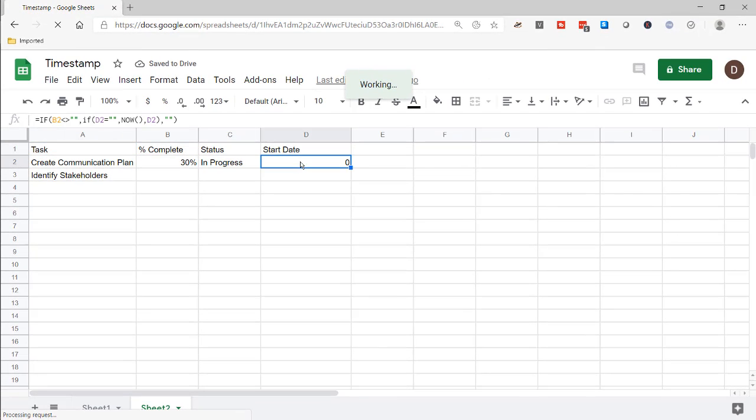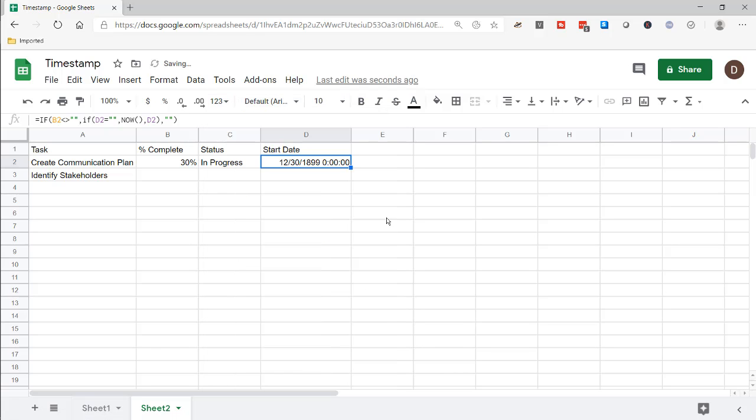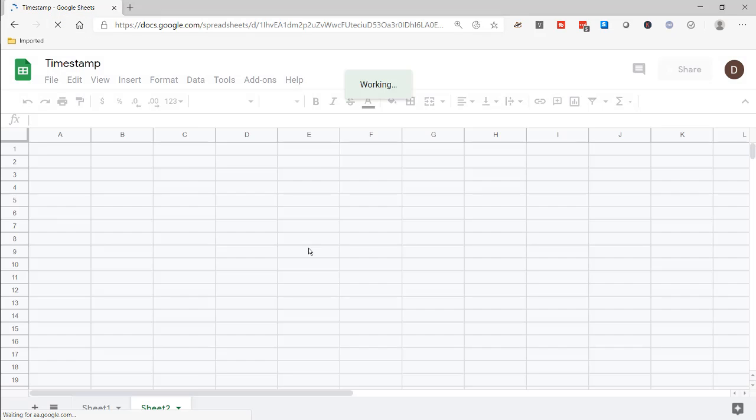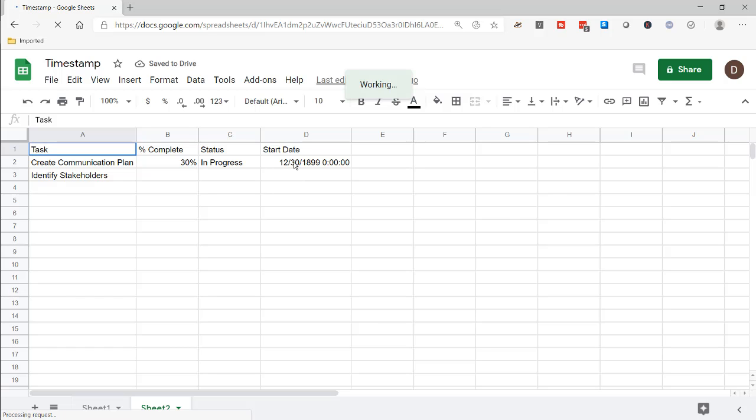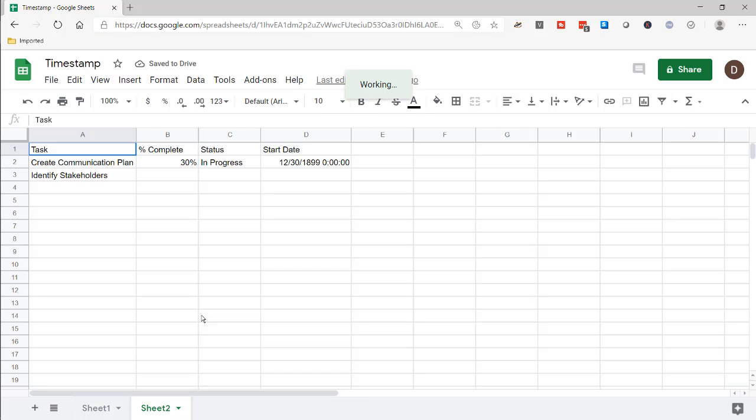All right, so what I'm going to do now is change the default way it's displayed, date and time. So now it's picked that up. I need to refresh this again, right? And so we can see if it's working with this now statement. Let's refresh this again. And maybe I'll change this back to 0 or just blank. Delete that, press enter, and then now put 10%, press enter,